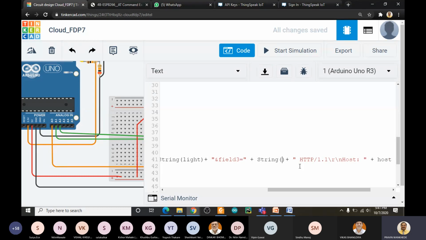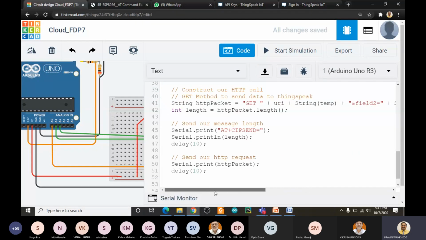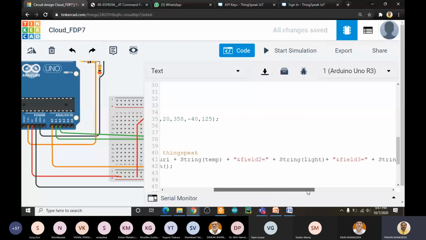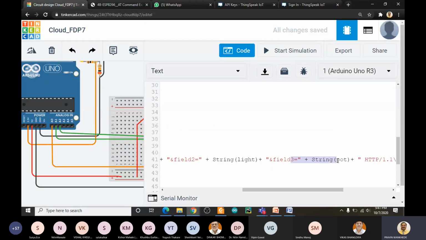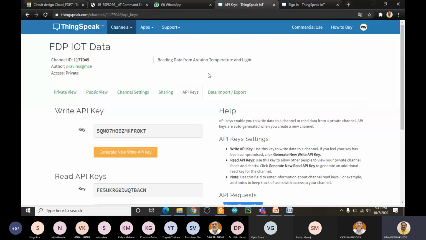Sorry. So no change is required, just add the lines that you would like to add in your program, and then the string. But now your ThingSpeak must have that field available.